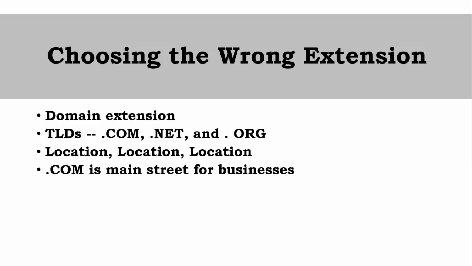I mentioned there are a lot of different extensions. So you're probably going to want to research your niche or your industry, and if the industry is trending to one of these new extensions, it may make sense for you to use a specialized domain extension. For example, in the tech industry, they are trending towards the .io domain name extension, and especially for software businesses.